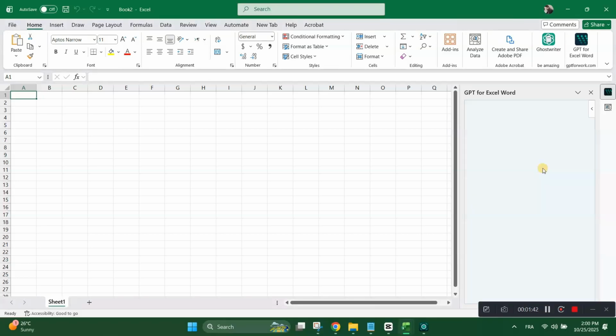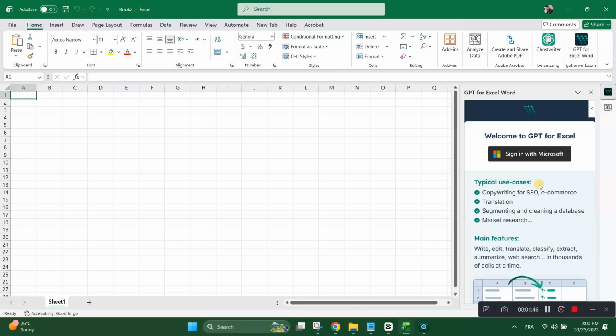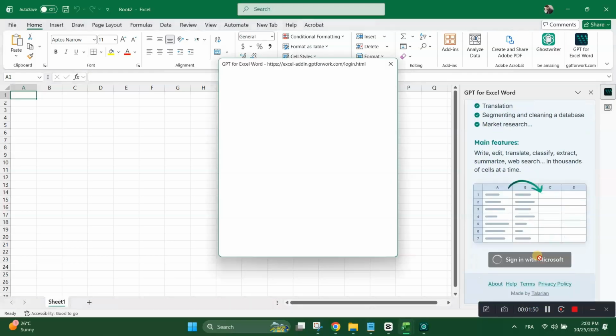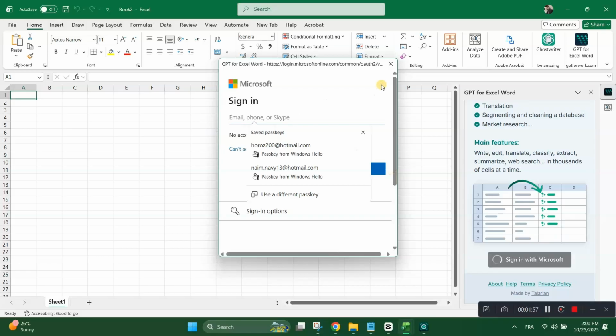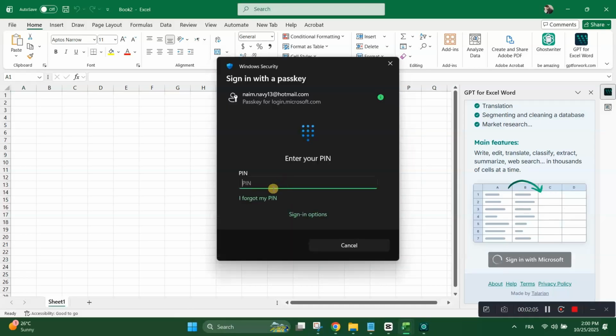Now, you'll see the ChatGPT panel appear inside Excel. From here, you can start typing prompts or questions directly into the ChatGPT sidebar. For example, you can ask it to generate formulas, analyze large data sets, explain functions, or even automate repetitive tasks, all within your spreadsheet. This integration is perfect for people who want to use AI to make data work smarter,